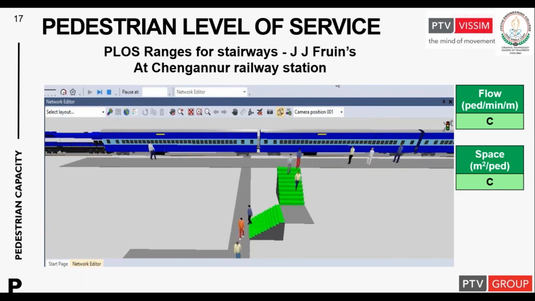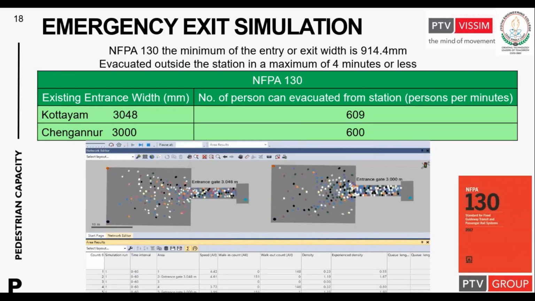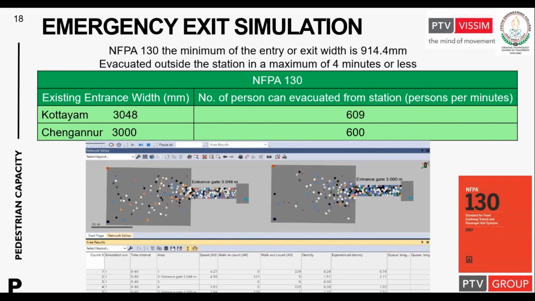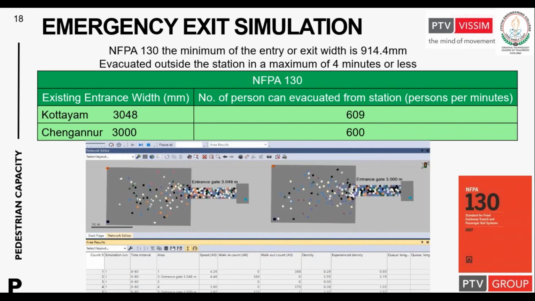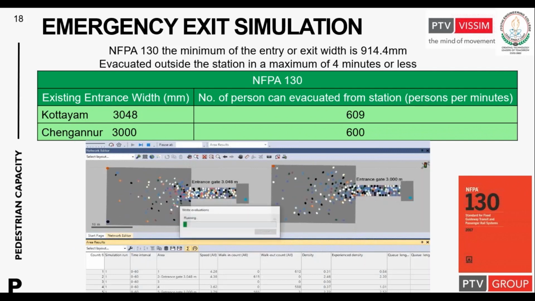And then, same as in the Vissim, we can also simulate the fire emergency exit. For example, if an accident happens at the railway station, it's a prediction only. It can be easily visualized how the passengers are evacuated from the station entrance. And if the entrance of the passengers is not easily analyzed, in the area of the measurement options by using